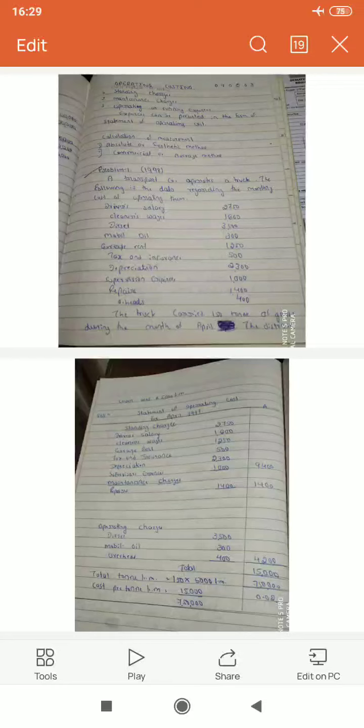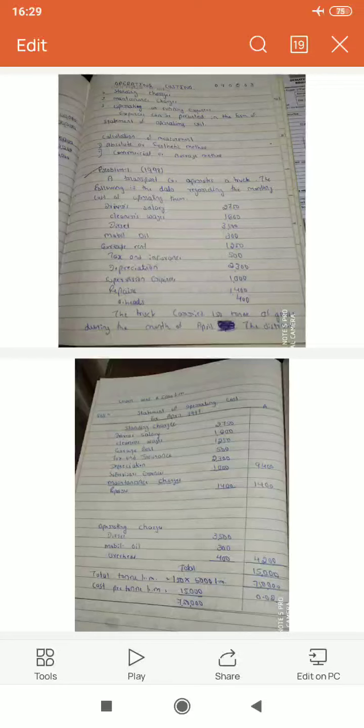Definitely one truck. Now you go through the formula: the number of trucks into distance into occupancy into number of days. Every piece of information is given in the other day's problem. Be well versed with ascertaining total passenger kilometer, effective passenger kilometer, effective ton kilometer or ton mile. Now, the total kilometers covered during the month stood at 5,000 kilometers, and on an average the truck constantly carried a total load of 150 tons.